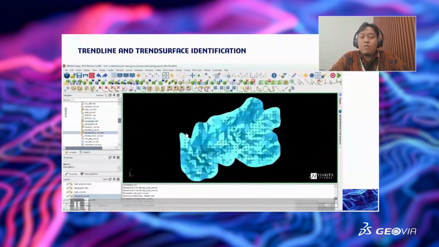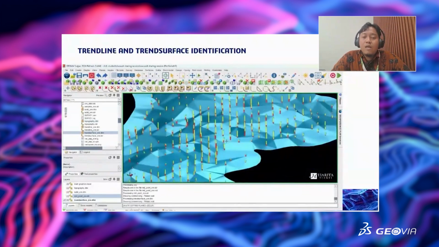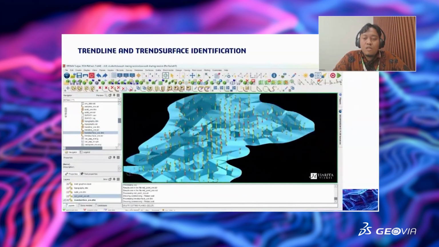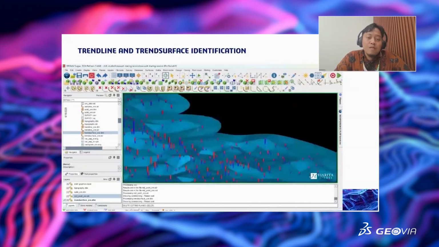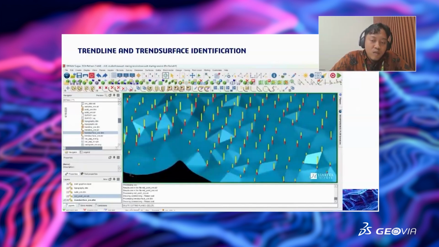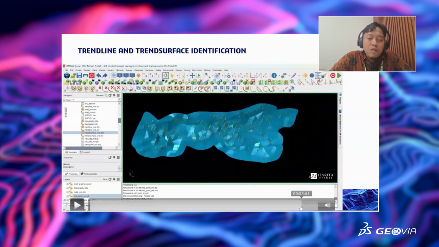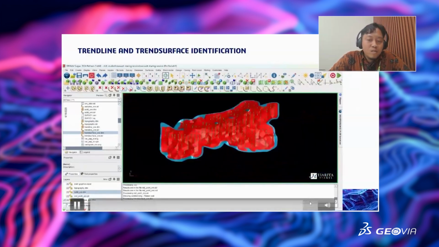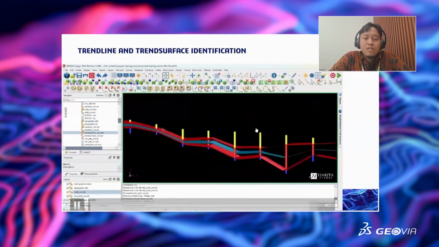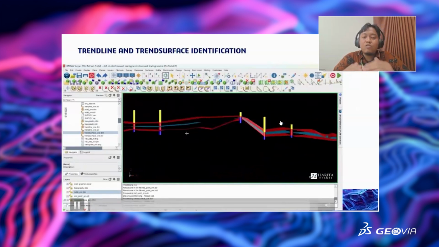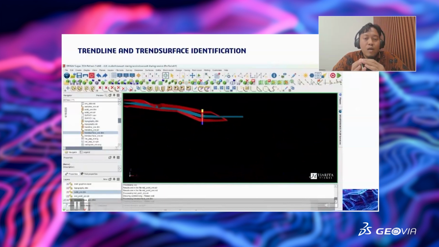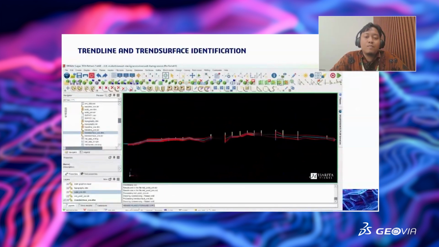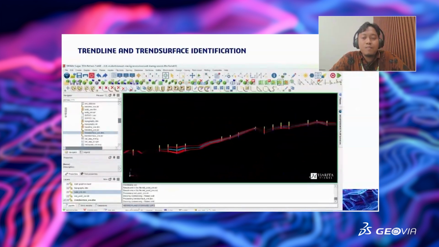The trend surface will be created by interpolating using triangulation, just Delaunay triangulation, constrained Delaunay. So this trend surface will be in the middle of my ore here, the blue one. When I slice here, the trend surface represents my solid model in the middle.